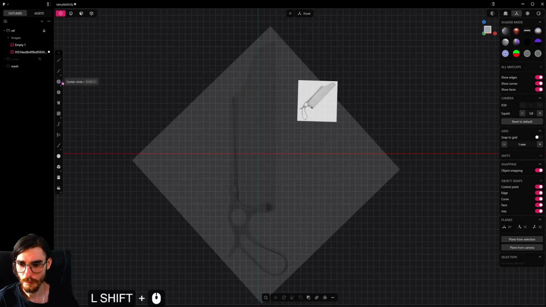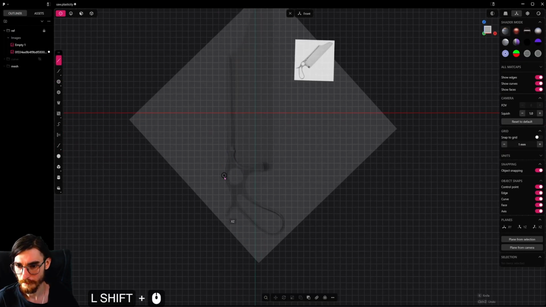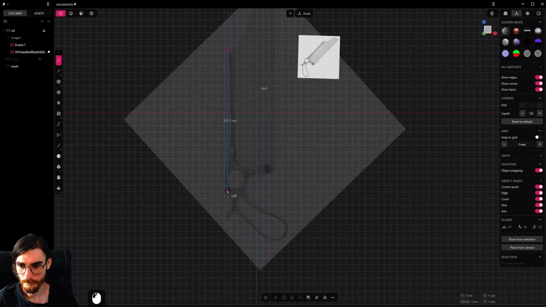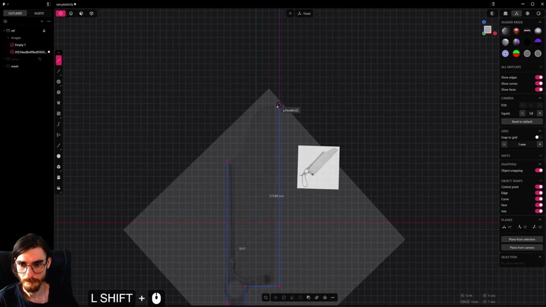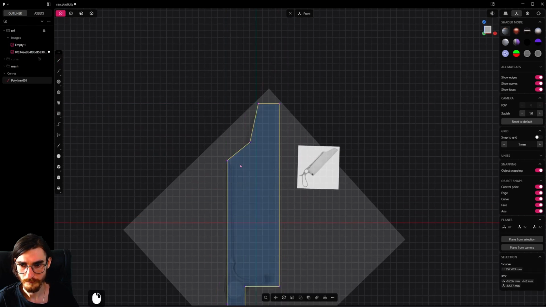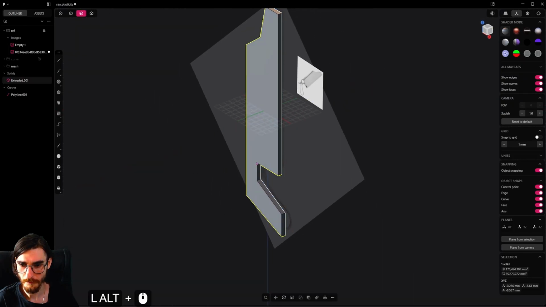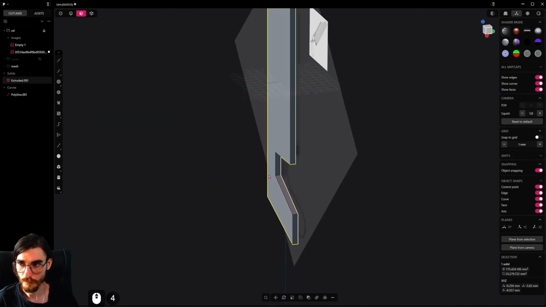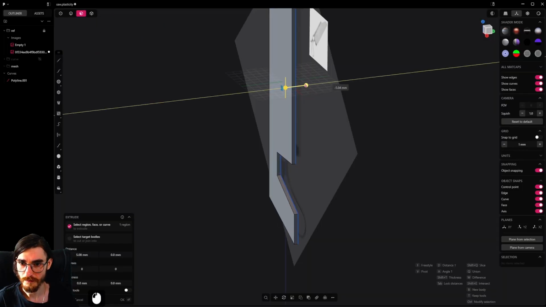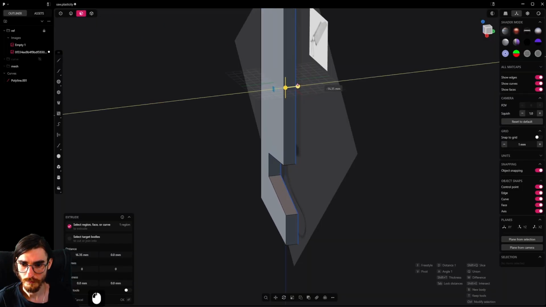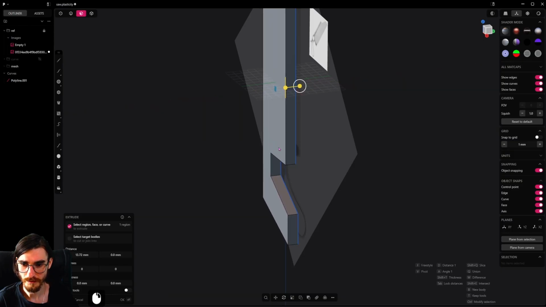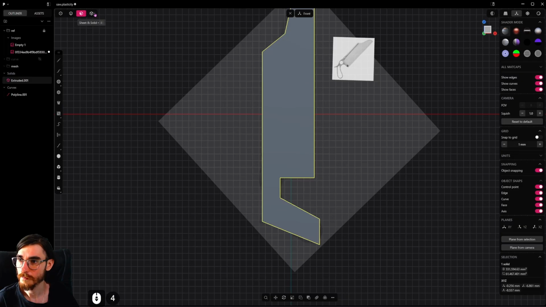So first things first, we will do a super quick kind of thing for measurement, just to have an idea of how it will fit in the hand. And I think it's about something like that, or maybe that. Yeah, let's drop it on 1.3